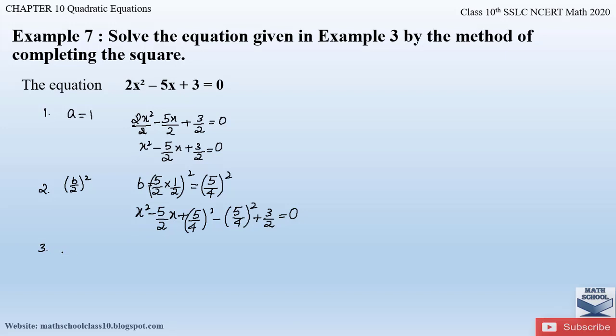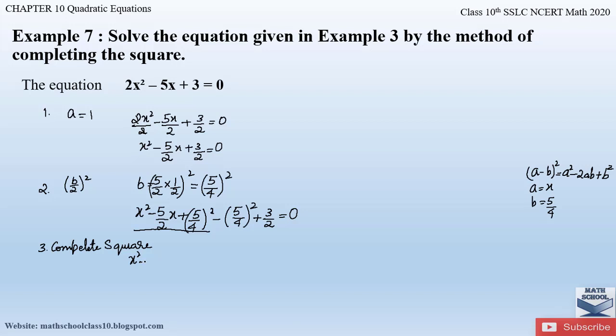Step number 3 from this method is we have to complete the square. So these first 3 terms of the equation are of the form a minus b the whole square, which is given as a square minus 2ab plus b square. a value is x and this is the b square, that is b value is 5 by 4. So let us write down in that form a square. Since minus sign is there, we are taking a minus b the whole square. If the plus sign would have been here, we would have taken a plus b the whole square. According to this sign we have to take the formula.